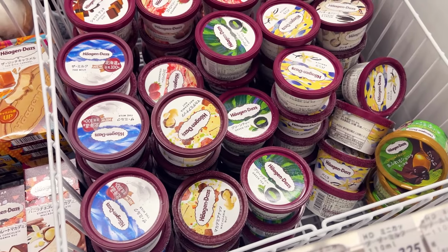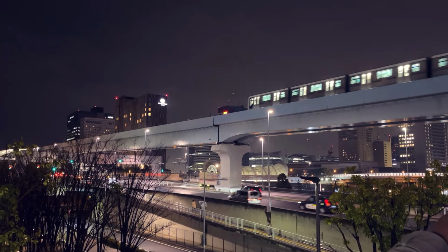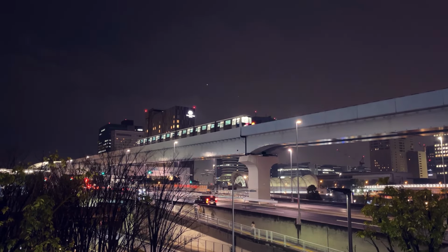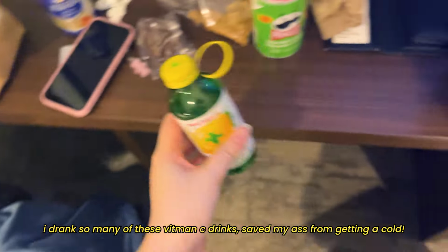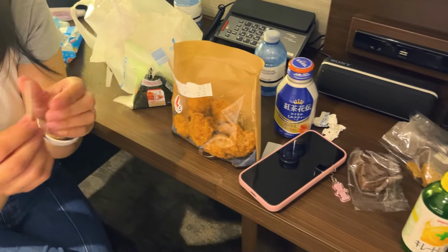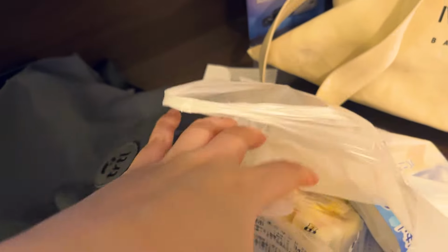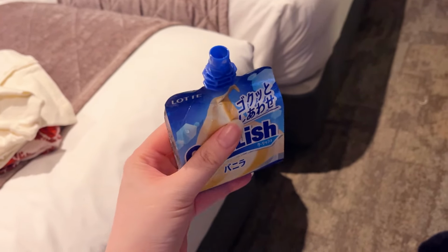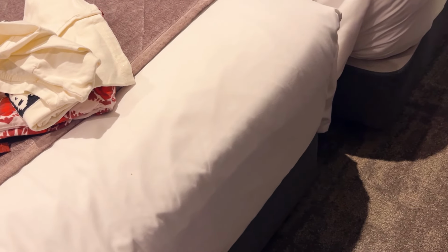Look at the tiny Haagen-Dazs. Single serving. We got one of these so that I don't get sick. Got this. Yeah, we're gonna split the chicken. I only have one toothpick though. And then I have this for tomorrow. Nom nom. I'm gonna try the infamous Coolish. It's good. It's basically just vanilla ice cream. You know what was the most traumatizing was the Jimmy Bong